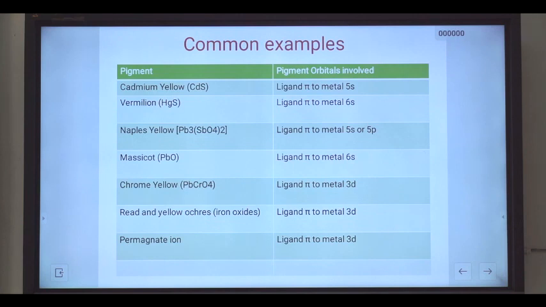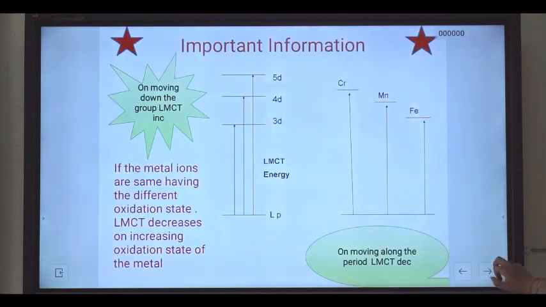So the main thing which we have to emphasize is that ligand pi is involved during the LMCT transitions, that is ligand to metal. So specifically a pi donor ligand should be there for the ligand to metal transition to occur. Pi donor ligands like sulfur, sulfides, oxides, selenides, or halides, all these ligands are considered under the pi donor ligands. So yes, this is a very important piece of information and will be very useful for solving